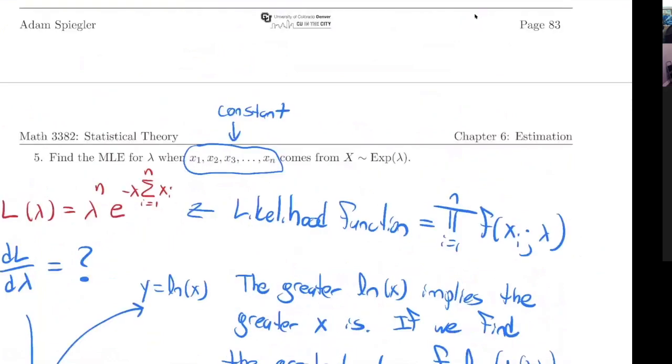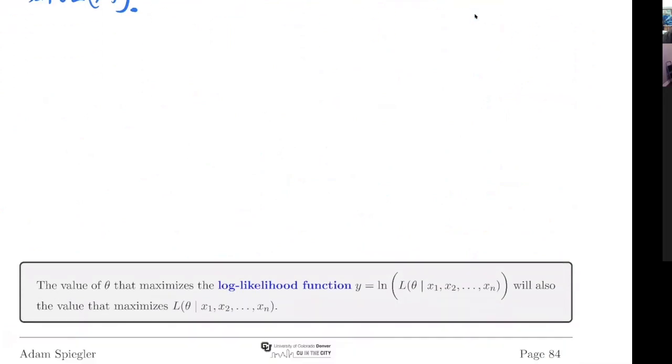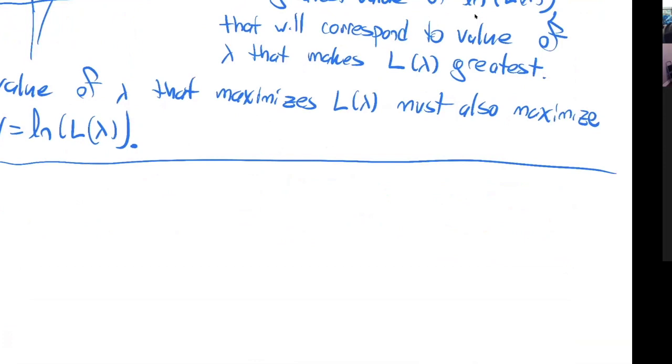So in some cases, we didn't have to do it in the previous one, but in a lot of examples, before going on to the maximize part, it might be helpful to find the log likelihood function. In other words, take the natural log of your likelihood function. So I'm going to do that down here. We're going to take